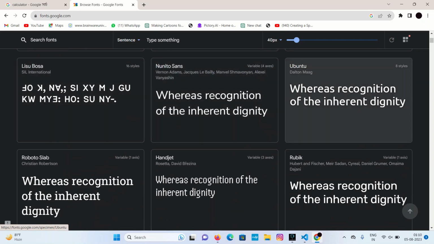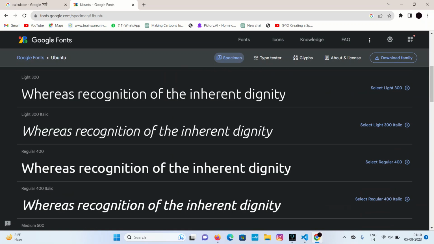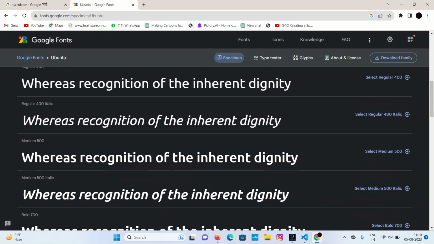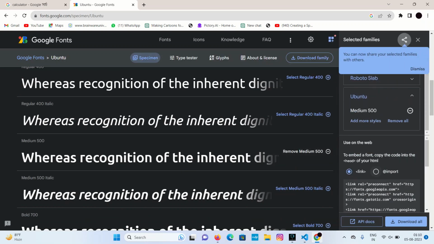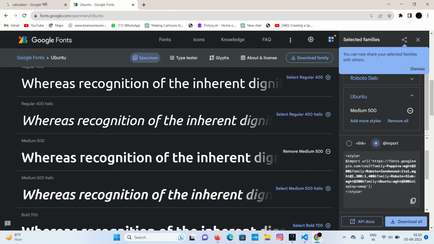This is good, so let's open it. This is Ubuntu. I'll select according to the weight. Here you can see there is a link and there is an import. So I'll go to import